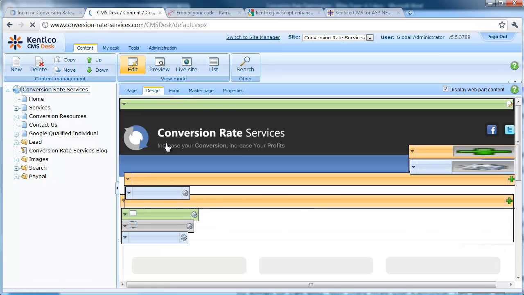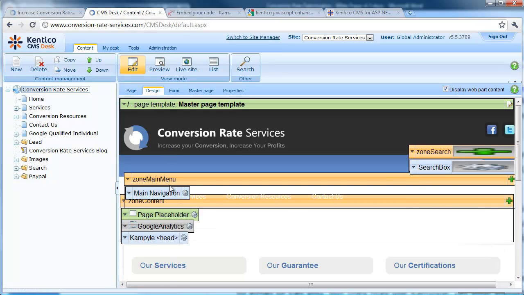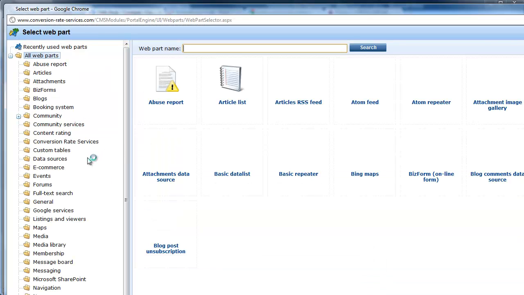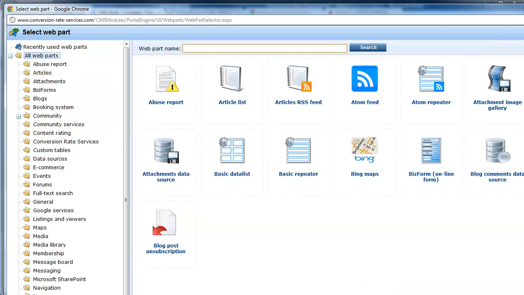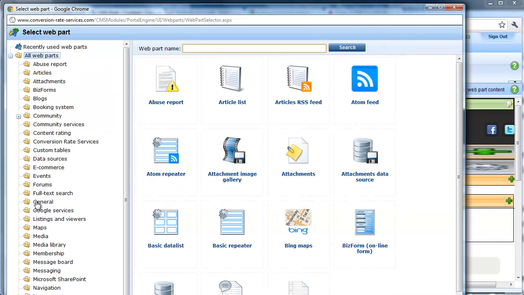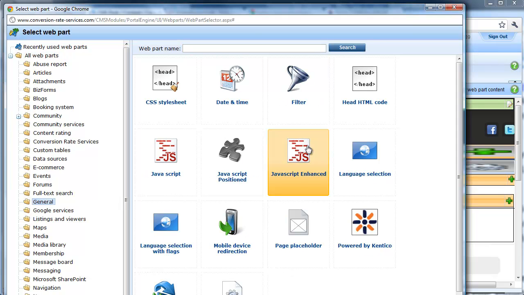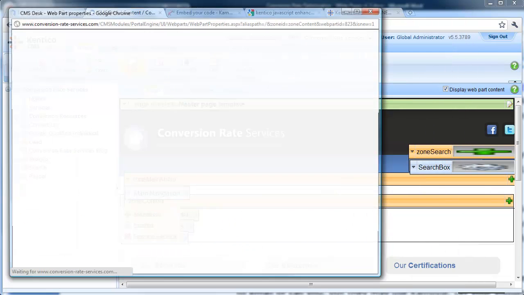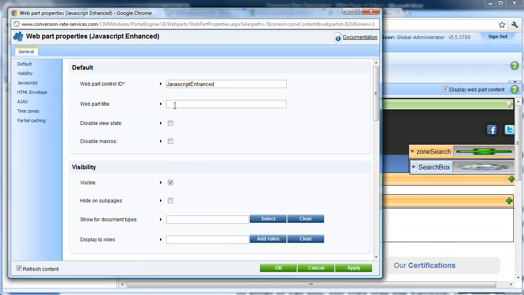So we go back to CMS Desk, and our web part has been added. If we add a second web part, again we choose General and JavaScript Enhanced, and this time we'll put in Kampyle body,